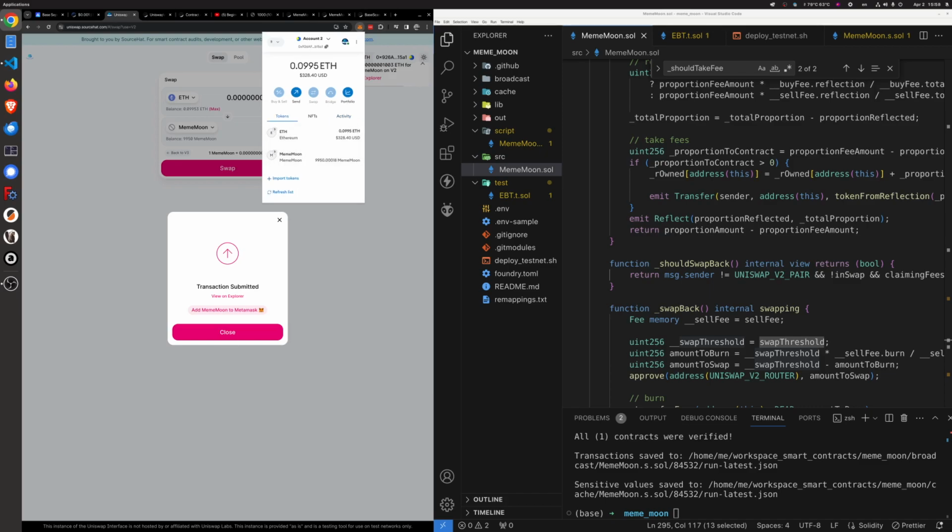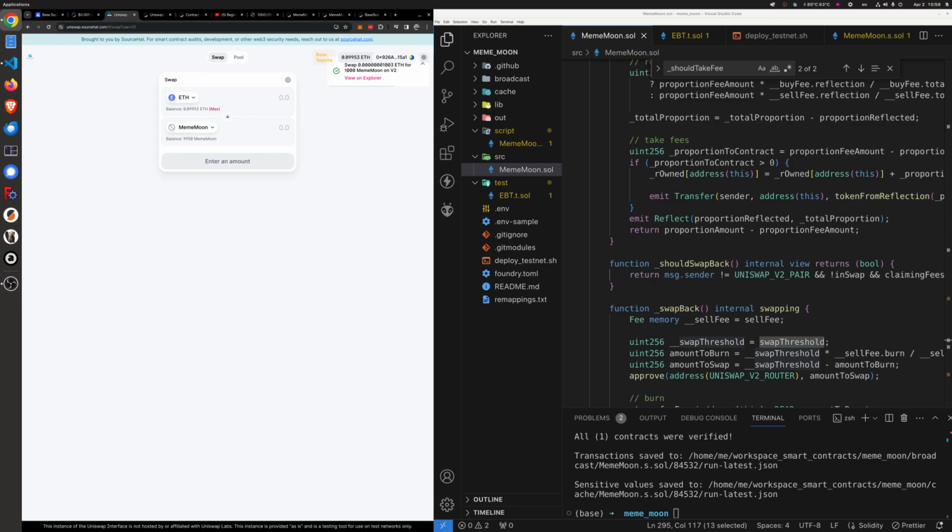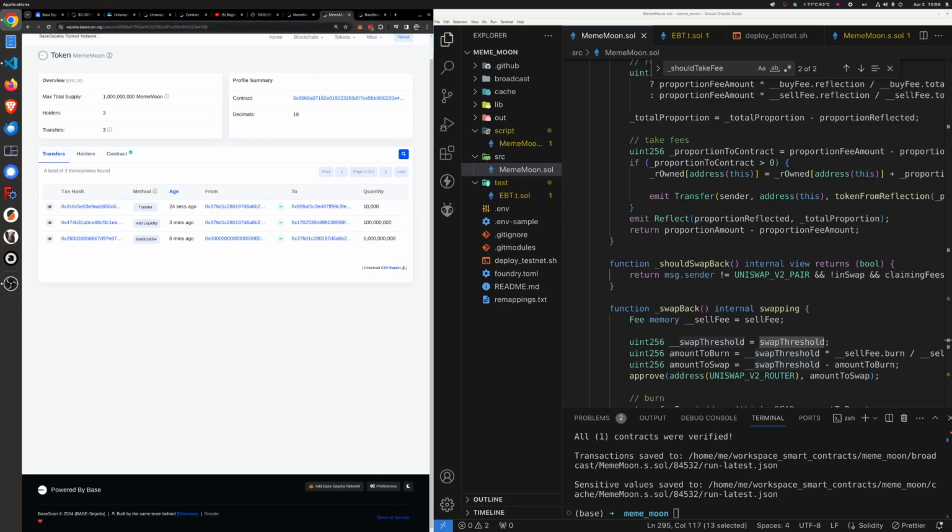Okay, so I could swap. Okay, let's test this automatic swap thing. So we have this token. I'm gonna go to the owner and I'm gonna send some tokens